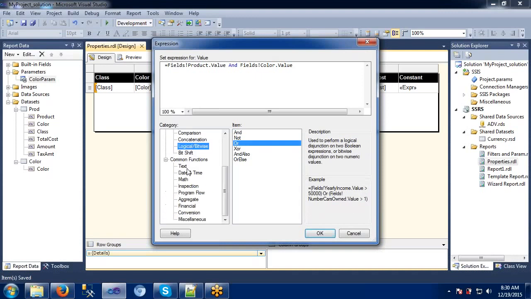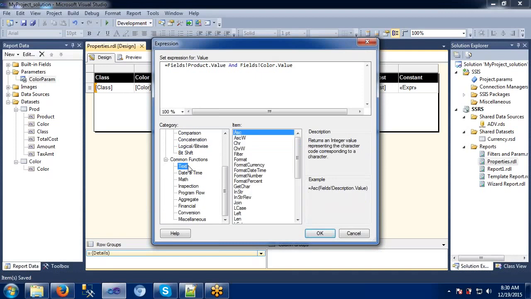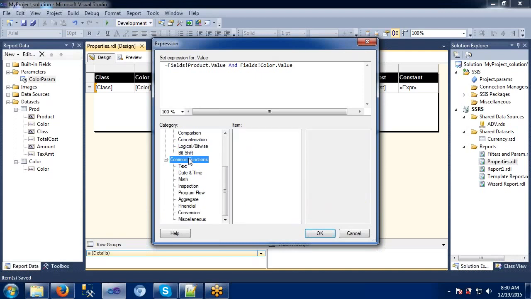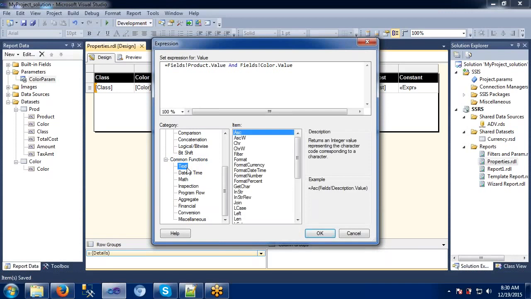Next thing is common functions. Okay, text. We have different ways of using ASCII. So try to use this ASCII here. What will it give you? ASCII of 65. Let's see, what is the ASCII value of 65?